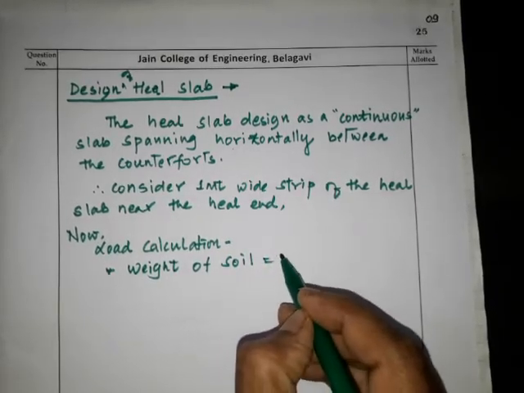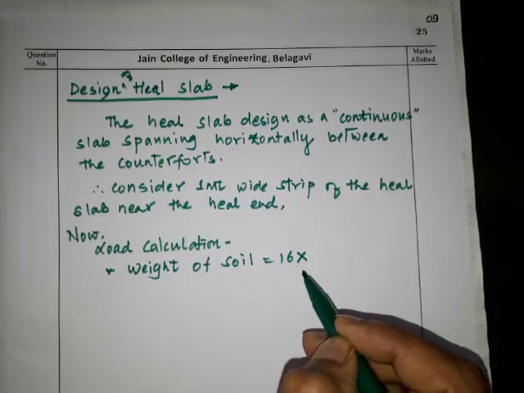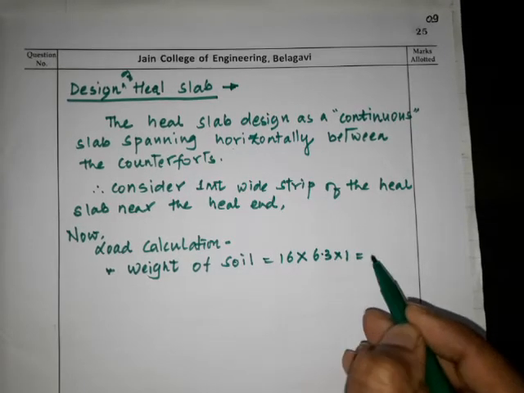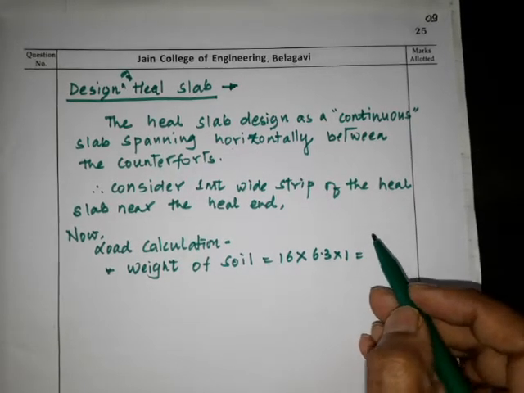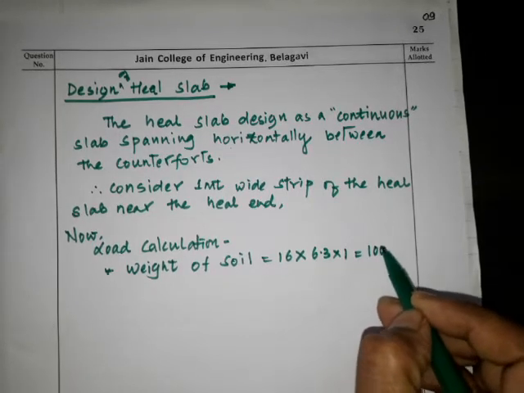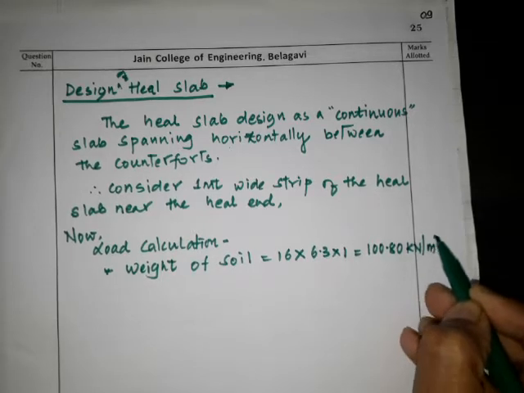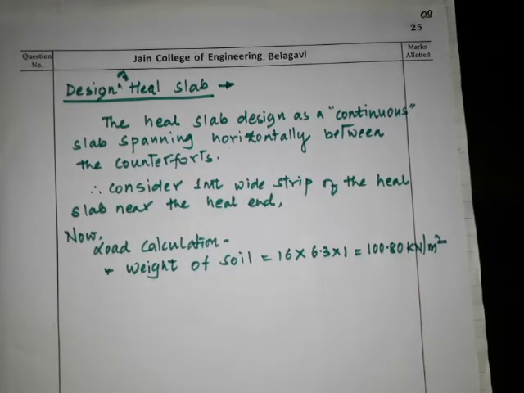So the weight of soil is 16 here, into height is 6.3, into 1 meter wide strip. So we get this as 100.8 kilonewton per meter square. Understood? So weight of soil is